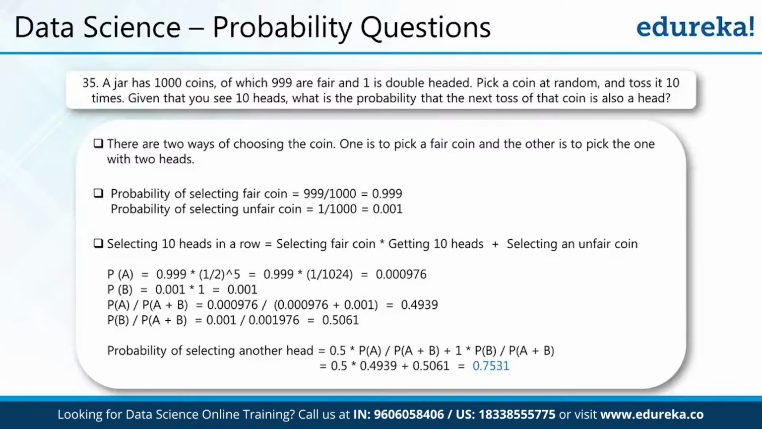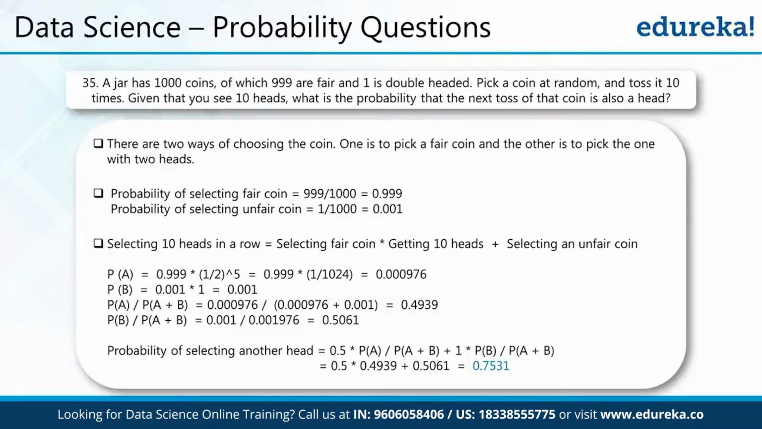So the probability of getting 10 heads in a row would be either you get a fair coin and toss 10 heads continuously. So this is one possibility. The second possibility is to select an unfair coin where the probability of head is 100%, because both sides of the coin are heads. So the probability of selecting 10 heads in a row with a fair coin would be the probability of selecting a fair coin multiplied by the probability of getting 10 heads, which is nothing but